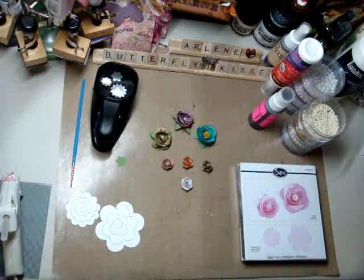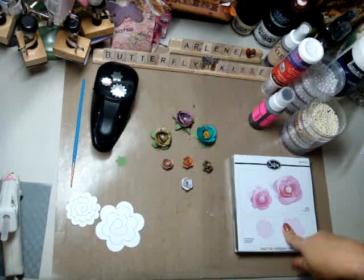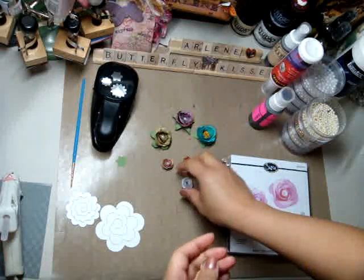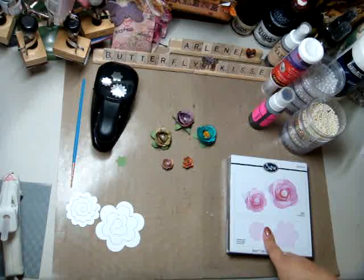Hey everyone, it's Arlene. I was playing around with my Big Shot 3D flower die and I came up with a few flowers. And when I first got the die, first of all, I went onto eBay to buy this,